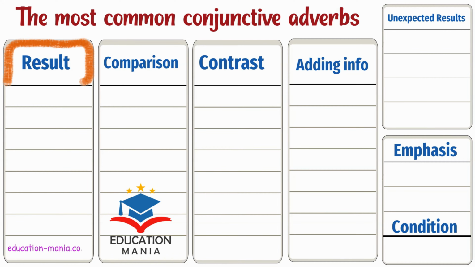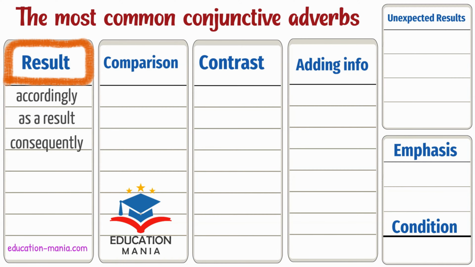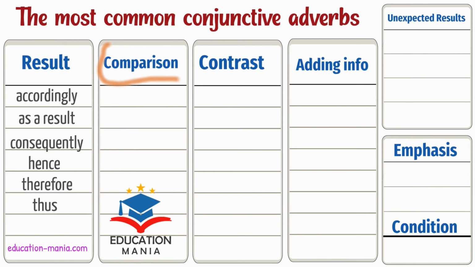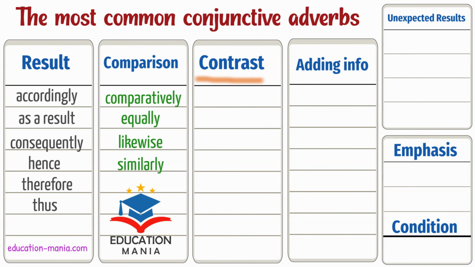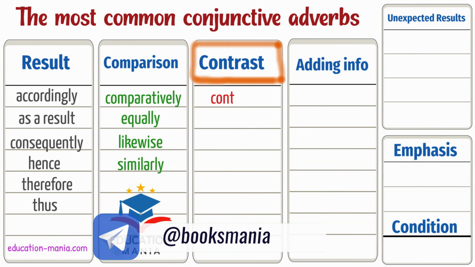Result conjunctive adverbs. Accordingly, as a result, consequently, hence, therefore, thus. Comparison conjunctive adverbs. Comparatively, equally, likewise, similarly. Contrast conjunctive adverbs. Contrarily,